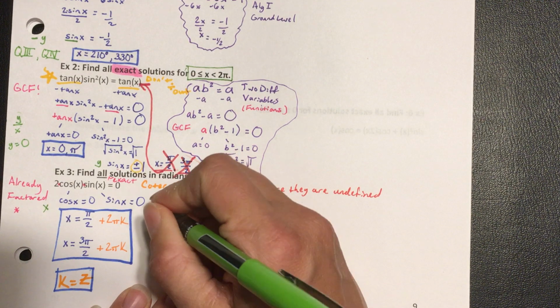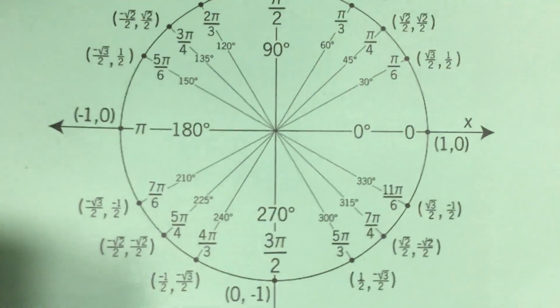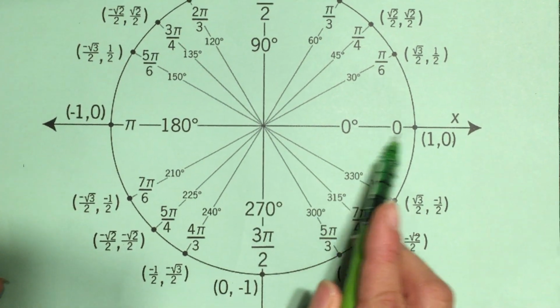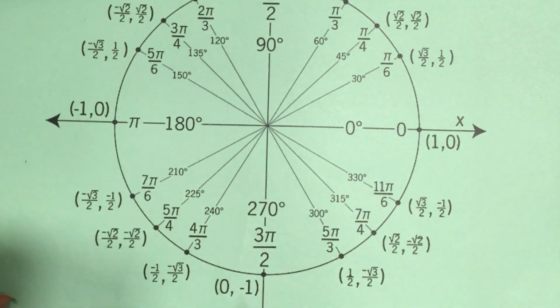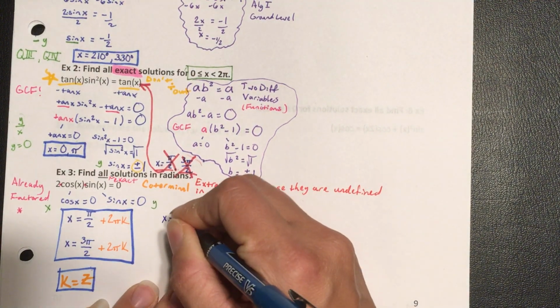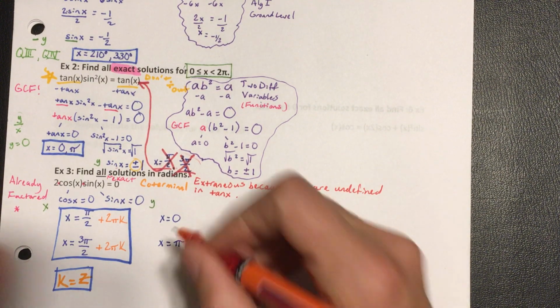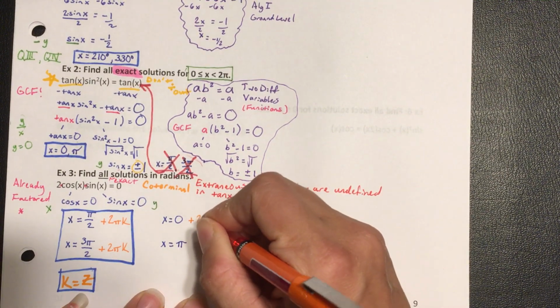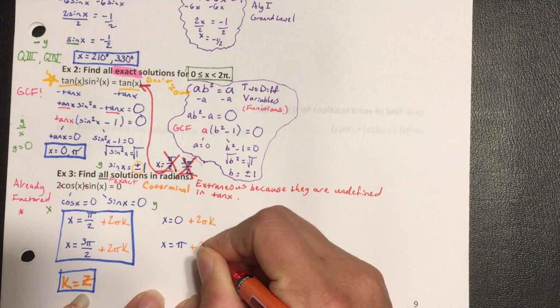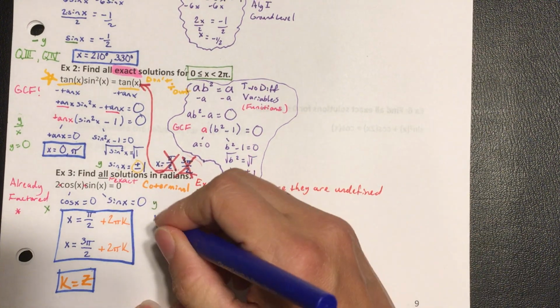So now we are looking for where the y values of the angle are 0, which would be at 0 and pi. So x is equal to 0, x is equal to pi, and then because we want the coterminal solutions as well, we add 2 pi k to each of those,